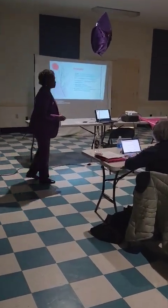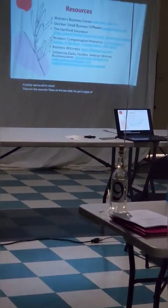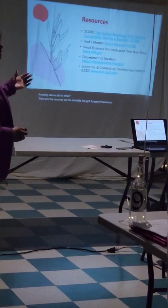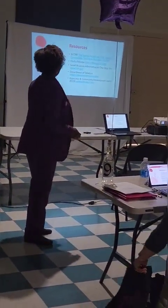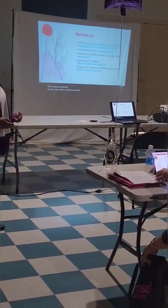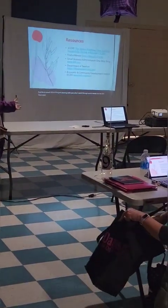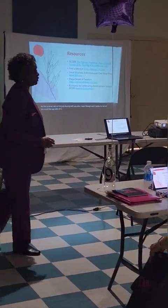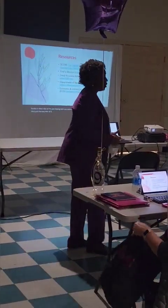These are the resources. They're on the last slide. I've got two pages of resources. These are just places I've used. Doesn't mean it's exclusive, but this is what I did. So I'm just sharing with you who I went through and it worked for me. And this is just the easy side of it. There's a lot of free stuff out there. Use it. SCORE, SBA, Women's Business,